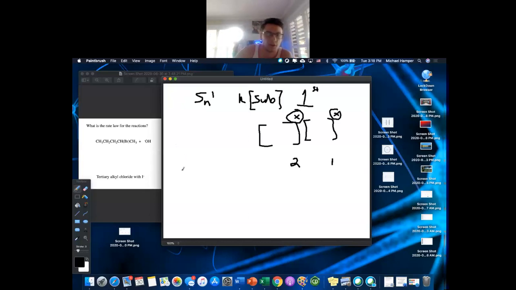So this example here, I'm just going to say R for the straight chain. Our rate of reaction should be rate equals k[R-Br]. Why? Because this,